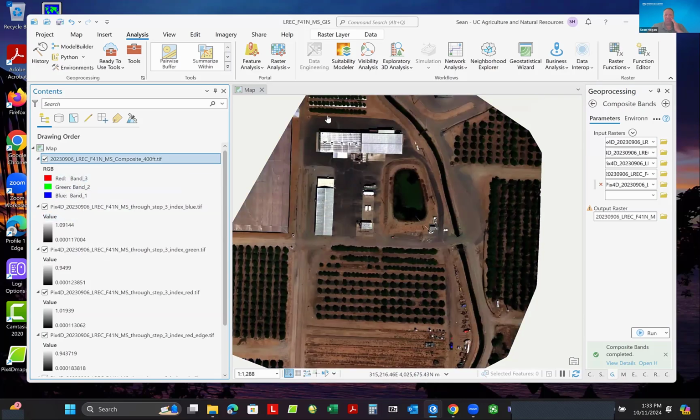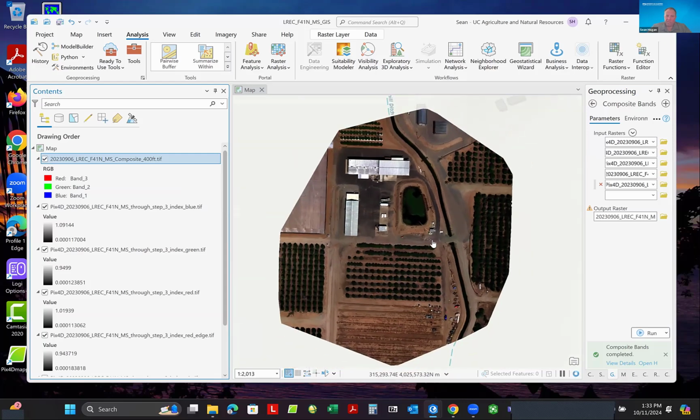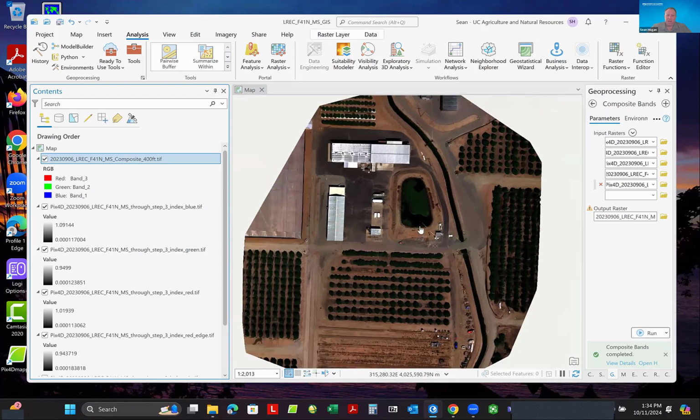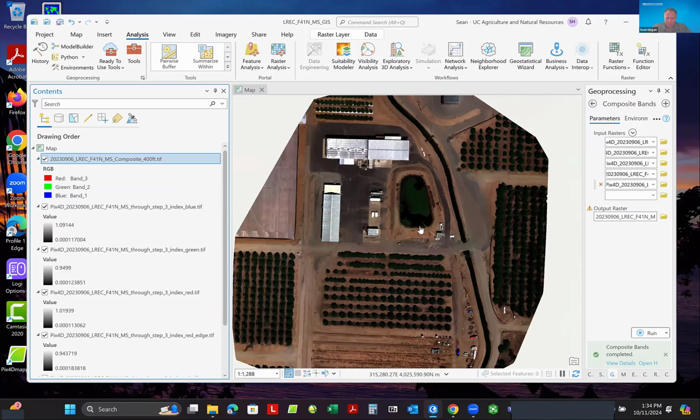And then we actually have a true RGB. It sometimes is a little bit off though, largely because along the outside edge, outside of the footprint of the flight, there's going to be spectral distortion that's going to mess up the color stretch for your imagery. So the histograms of the imagery, and what it thinks the color should be,